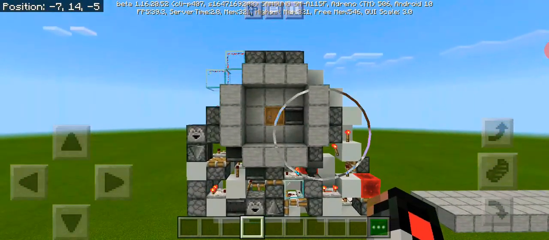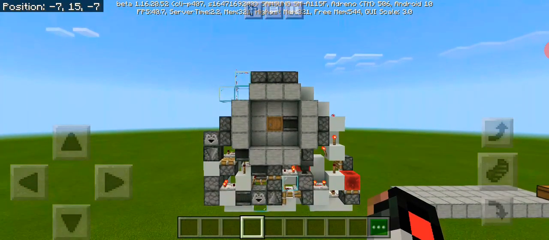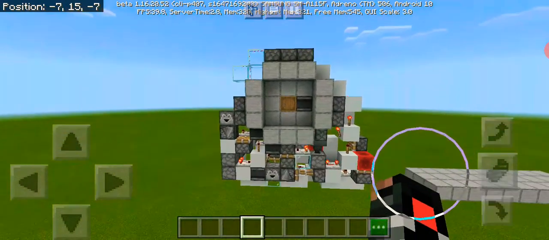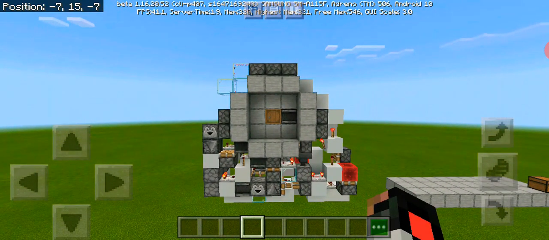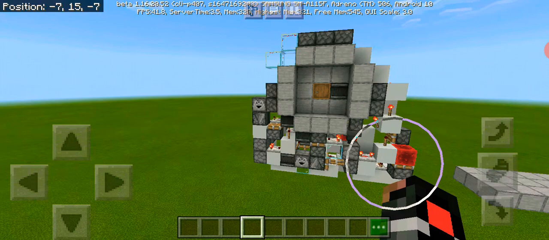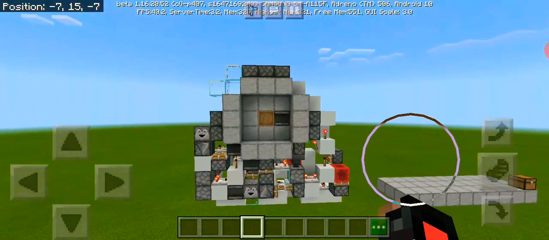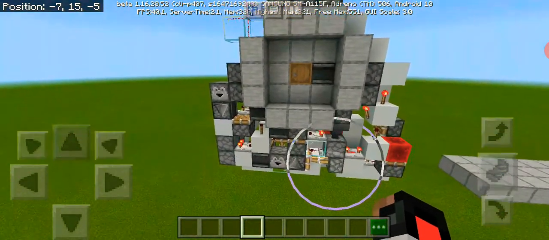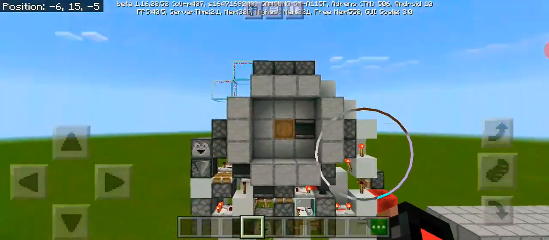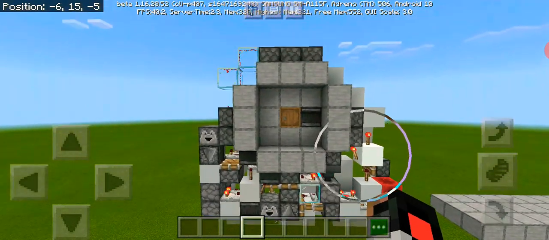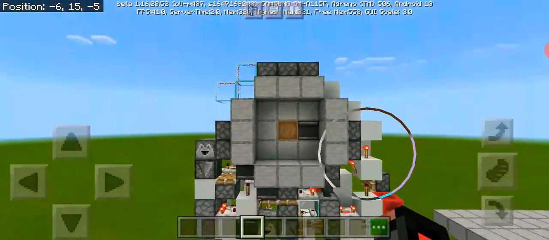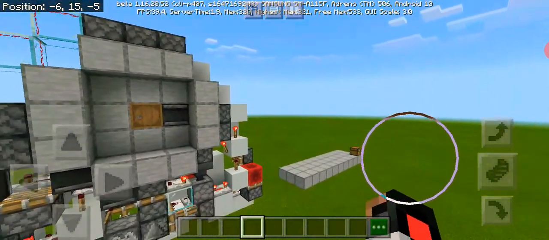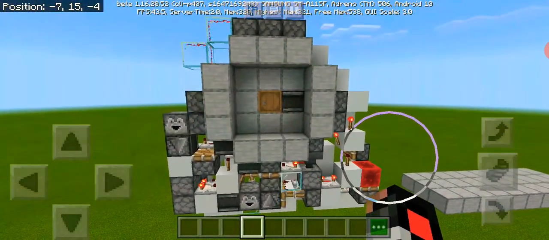This piston door idea is not by me. It's by a Java player. His name is Ilmango. I will provide a link to his channel and a link to the original concept of this 3x3 piston door. The name of this piston door is a 3x3 player activate piston door. Yeah, it's pretty long, but